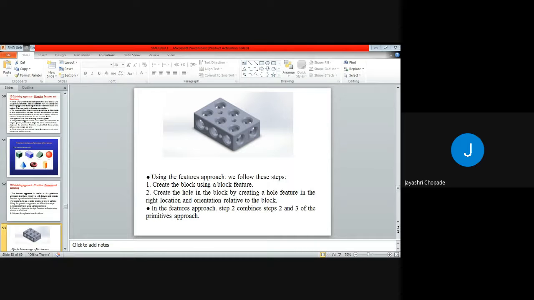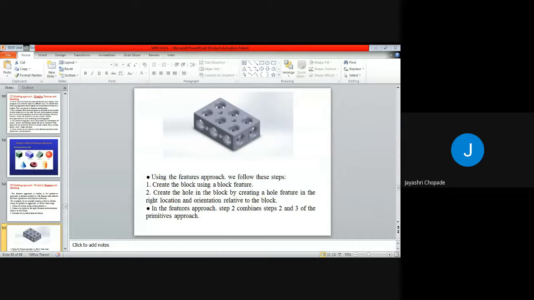So first of all I want to draw a sketch with the help of sketching. Then I will provide the height so that particular rectangle will be converted into a 3D block or cube. And after that, if it is converted into the cube, that will be the basic primitive. But if I want to make a hole here, suppose we are considering only a single hole, it means what? We are reducing, we are subtracting the material from that particular box. Okay, so that is the feature.